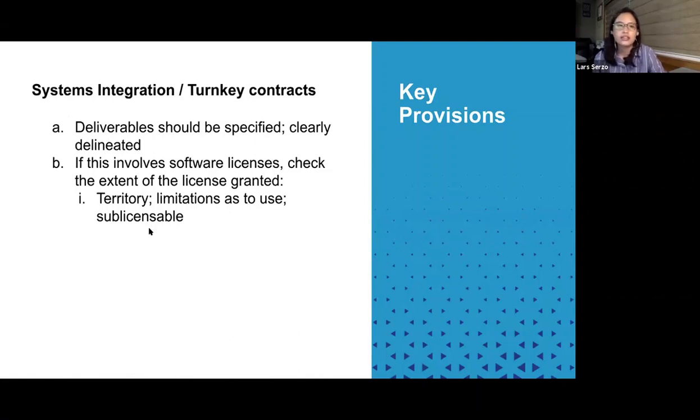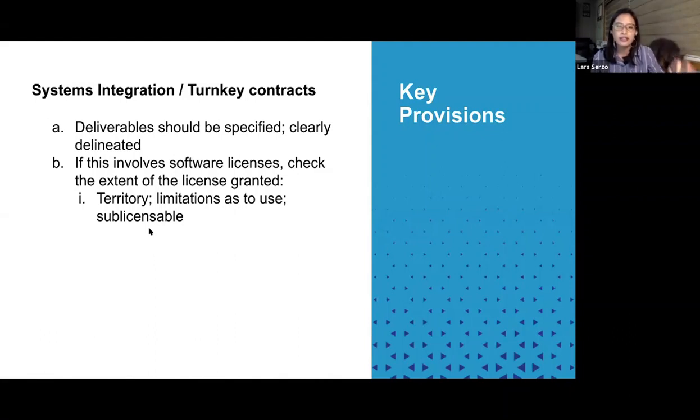All right. Now, for certain systems integration arrangements where the project would involve maybe some licensing of third-party software or your own software, and then some customization or some development, the pieces composing your project should be specified.